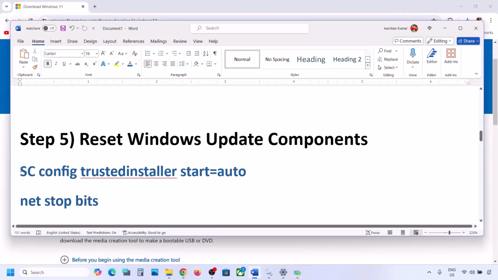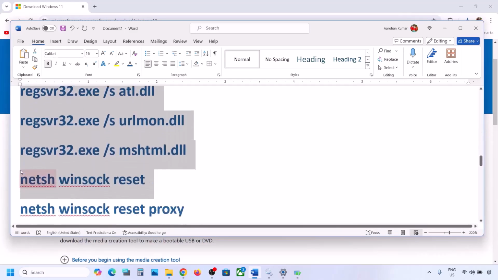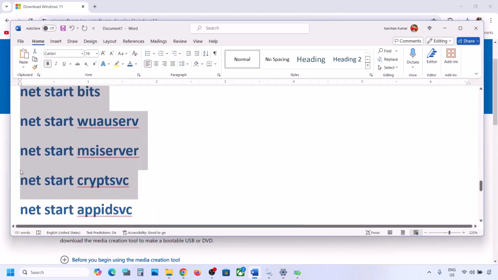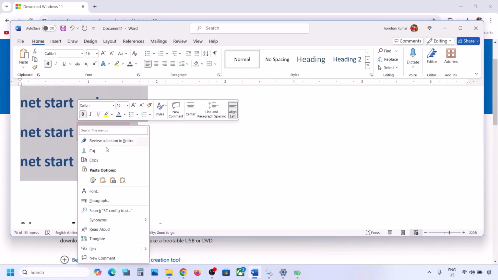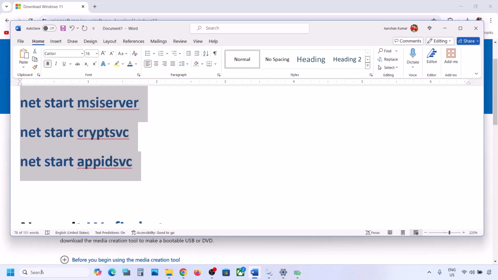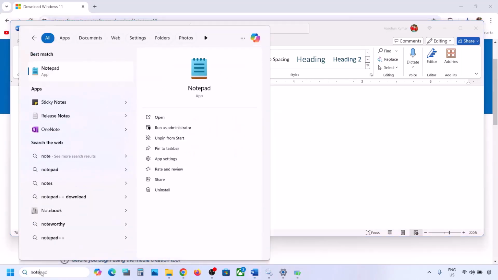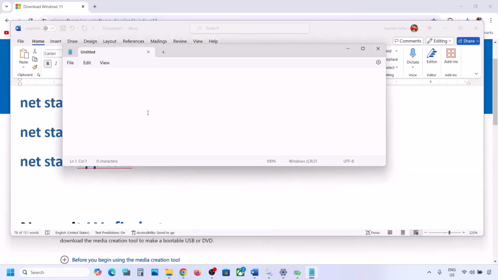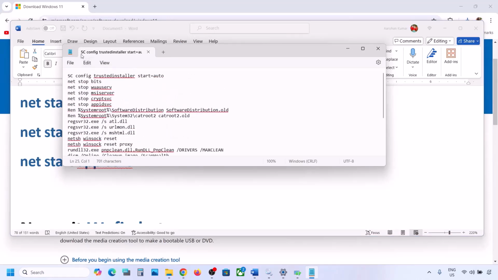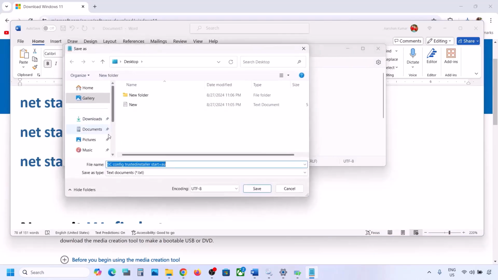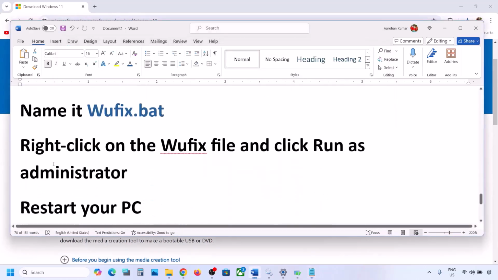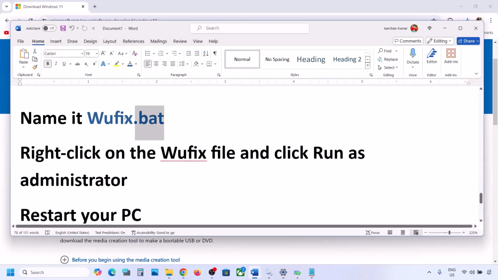Now for this, copy all these commands. These commands are provided in the video description. So copy it till here. Now once you copy it, open Notepad on your computer, and then in the Notepad you can paste all the commands, and then go to File on the top, click on Save as, and then you can name this file as